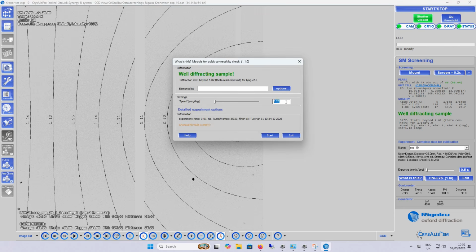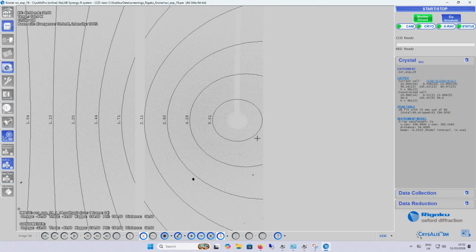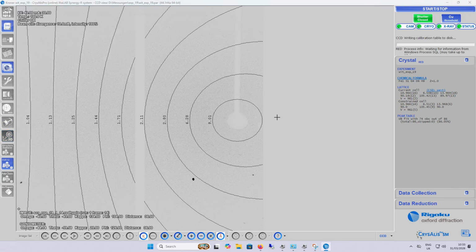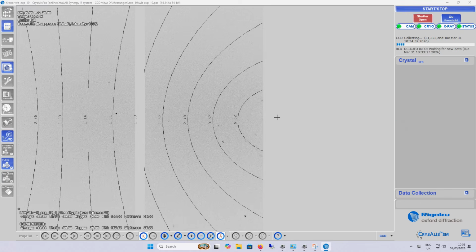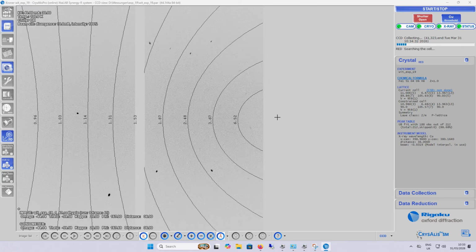We can put some element list. I think I should have it somewhere here. Doesn't really matter, something like that, right? And we press start. We don't have to do it, but sometimes it's useful to not waste instrument time. If you find out that, for example, you put the wrong crystal on the loop because there were some crystals that turn out to be sodium chloride or something like that. So you can see